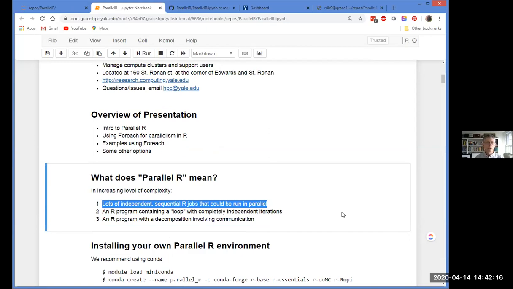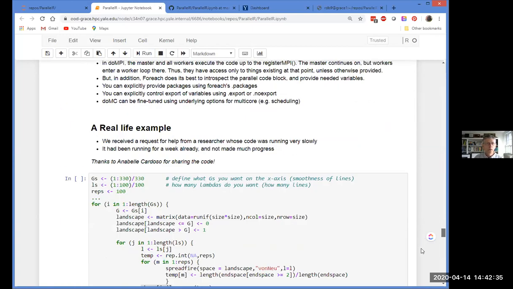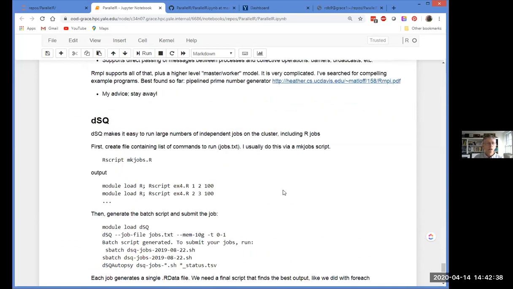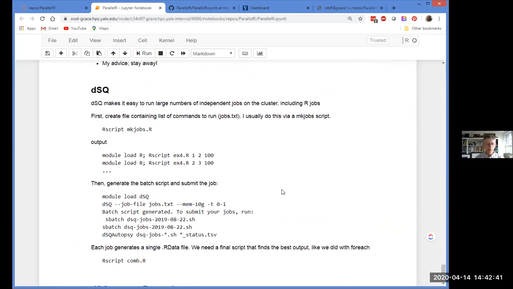So you've got some R job and you just want to run a whole bunch of copies of it. And the copies are completely independent of one another. They take a different input file, they produce different output file. You just got a ton of them. And if that's the situation that you have, we have a very nice tool called Dead Simple Queue that is not R specific at all. It's basically a tool that'll let you run tens or hundreds or thousands of completely independent jobs on our HPC cluster very easily and with good reporting and good control.